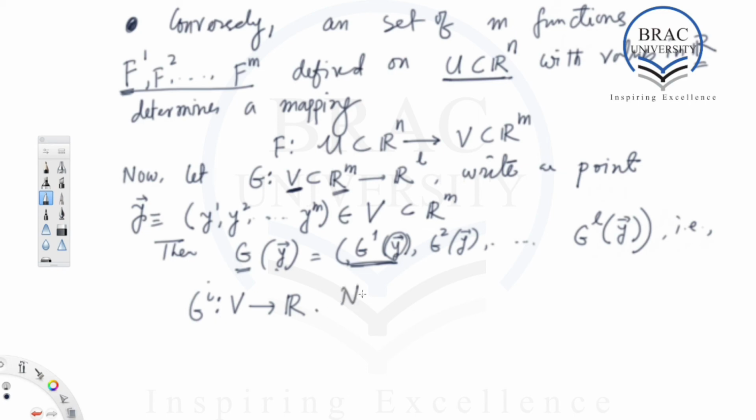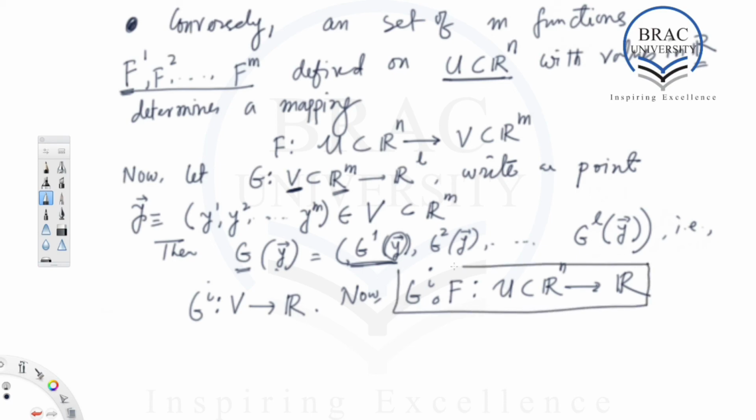So now gi composed with f. Okay, so gi is a function from V to R and f is a map from U to V. So it means that the composition is a map, right, from U to R. Okay,